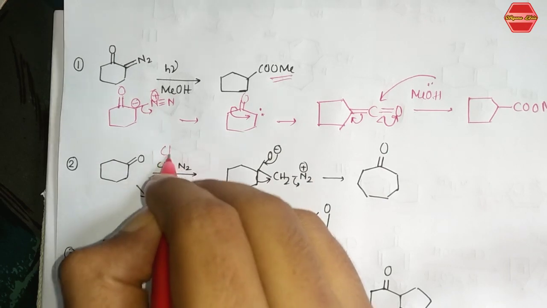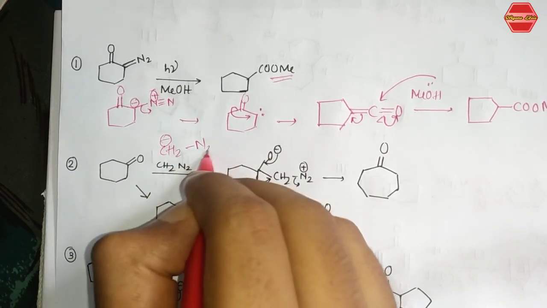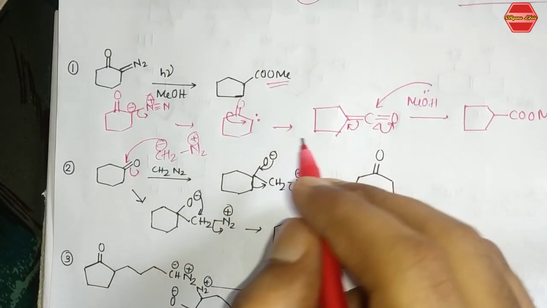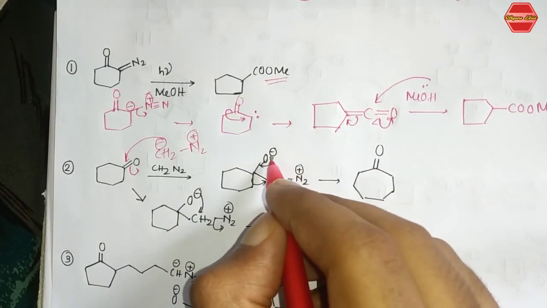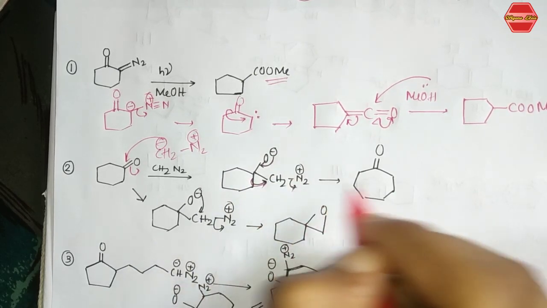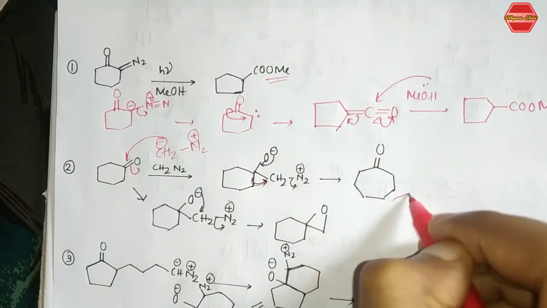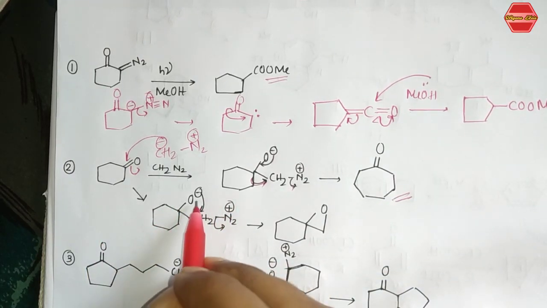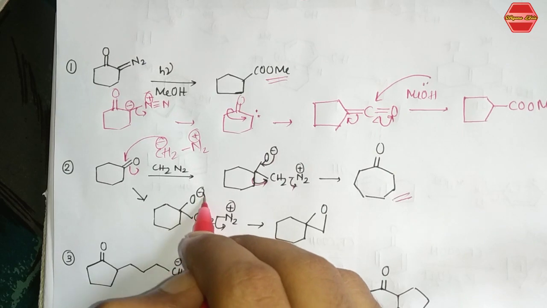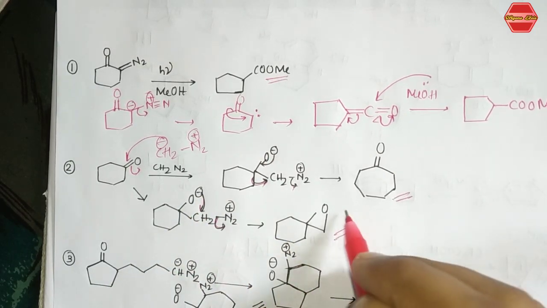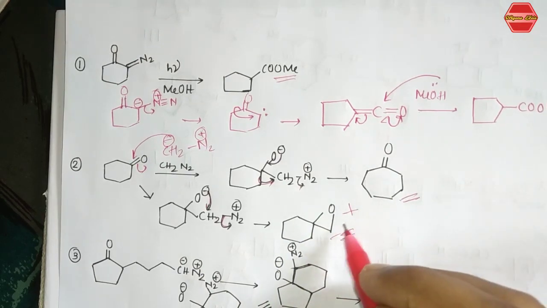See, this CH2N2 basically attacks this carbonyl carbon like this, so you are getting this kind of intermediate, so that if these bonds go here, there is a possibility of ring migration. This N2 will leave, you are getting the cycloheptanone. This is your cycloheptanone. And if these bonds go like this, then this kind of intermediate can also attack over here, and this can also leave. So you have two possibilities. There is a formation of two products, and that is this one, another is this one.